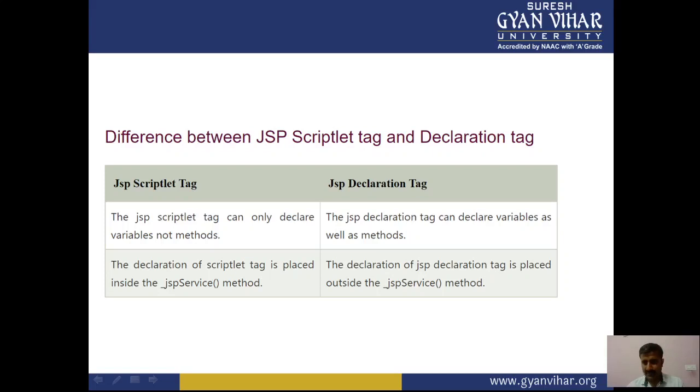The JSP service method is also very important. We are aware that a servlet is basically HTML inside Java, and JSP is all about Java inside HTML, right? JSP pages are more advantageous than servlets.